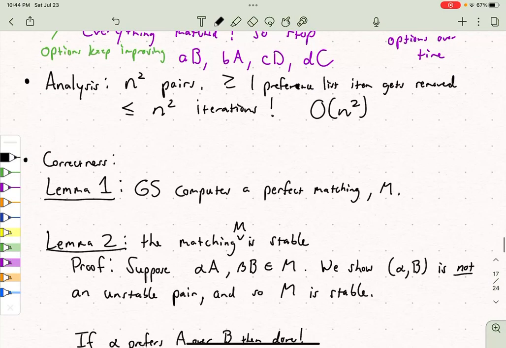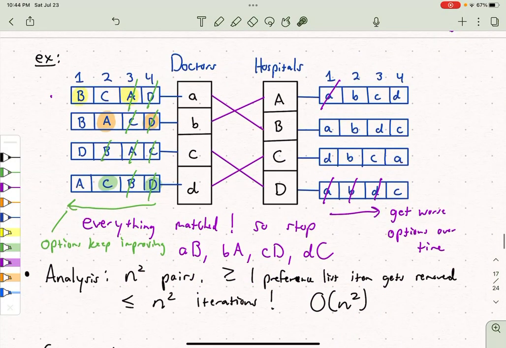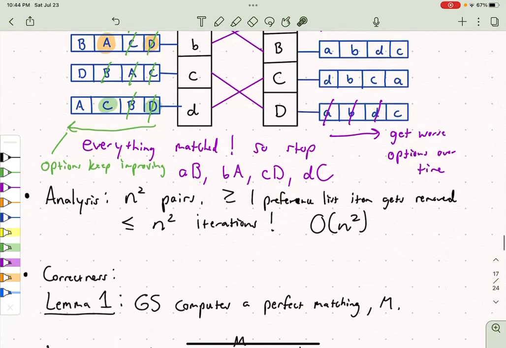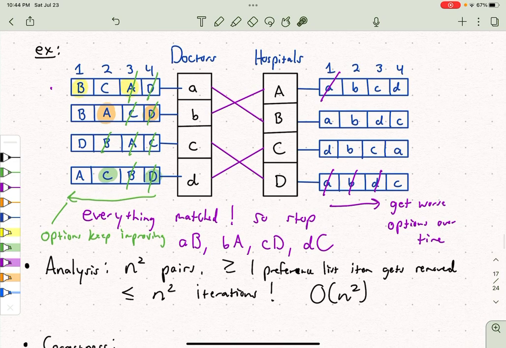But now the question is, well, is it even correct? Will this be a perfect matching that's stable? So the first thing we notice is that, in fact, it is a perfect matching. So why is it a perfect matching? Well, by definition, we don't stop until everything is matched. And eventually, something will get matched because we have some kind of preference list here. And at the end, C is given an offer